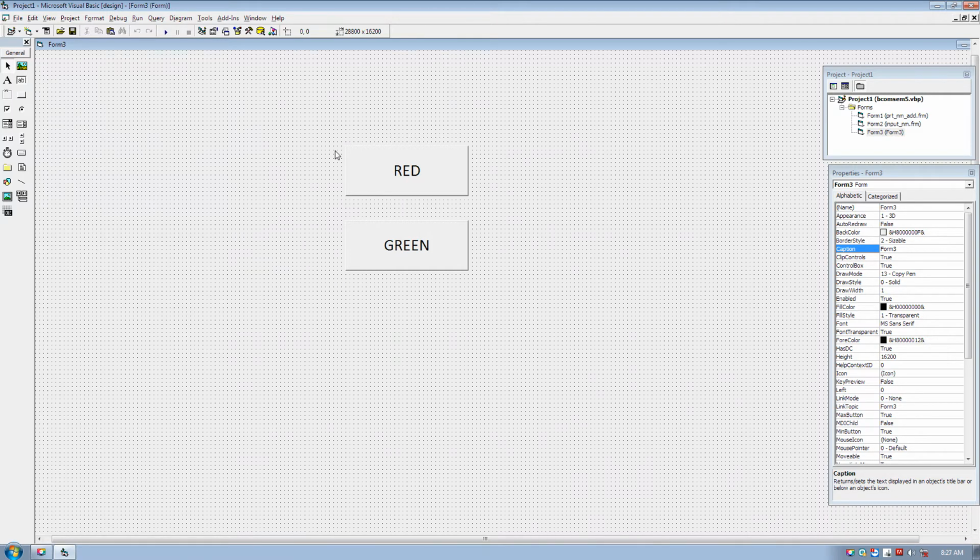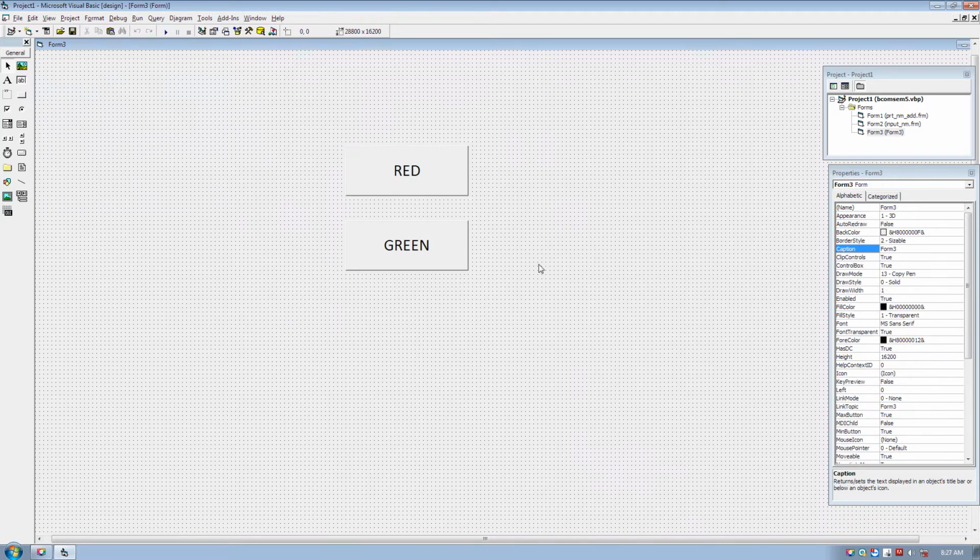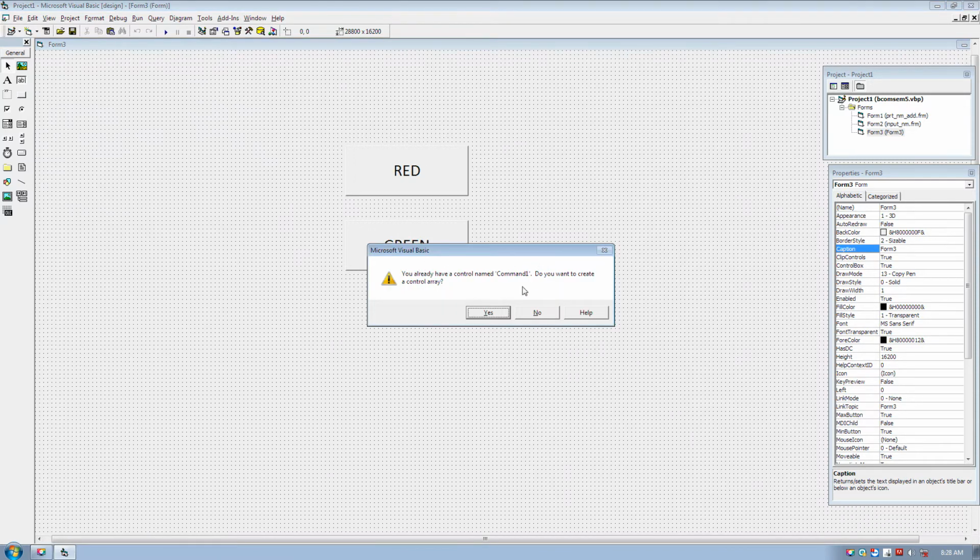So an easier way is that you can copy your command button, so that the size, the font, the color will be the same. Look, I am copying with Control C, Control V. Now as I press Control V, it will give you one message.